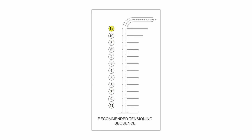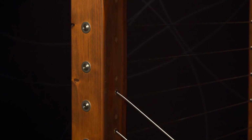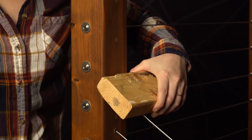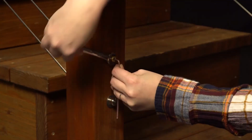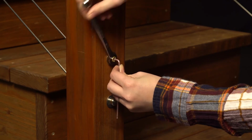At both ends of the run, you're going to create a sharp bend in the cable where it exits the post protector tube in the wood post, by placing a block of wood for protection of the post on the cable next to the post tube at the face of each post and striking it with a hammer. If tension has diminished slightly as a result of the bending of the cable, retension the threaded stud back up